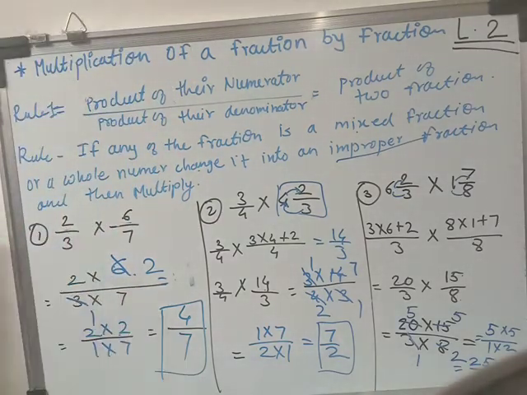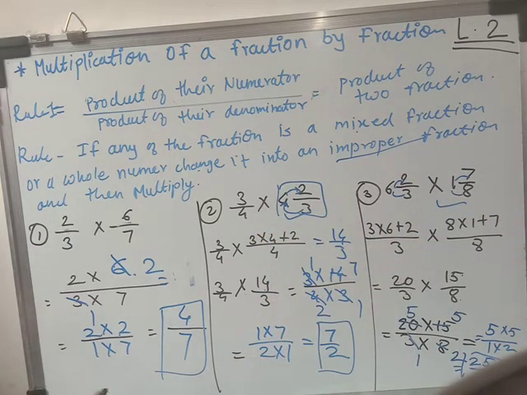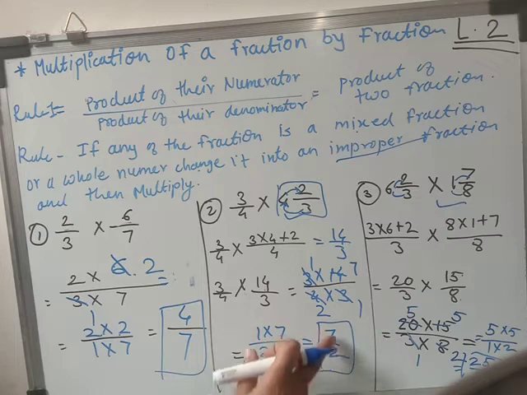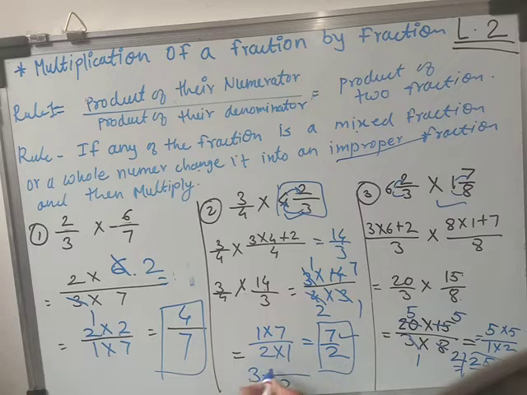Okay, so here one more important thing that I want to tell you. Now here mixed fractions are there. Okay, when you get the mixed fraction, whatever the answer will come, that is also in the form of mixed fraction. So here we got 7 upon 2, which is an improper fraction. Okay, numerator is greater. So here 2 3s are 6 and 1. So here we converted this fraction into a mixed fraction.